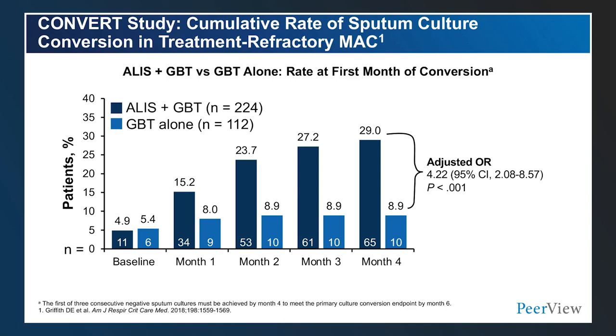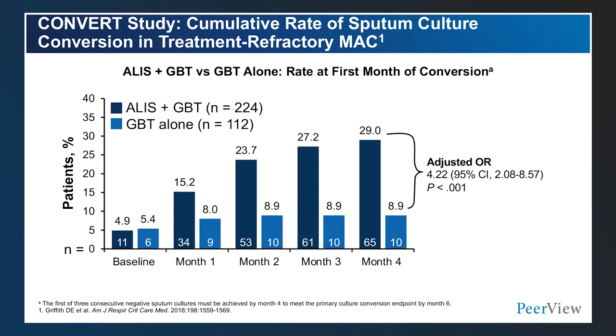So next, I'd briefly like to talk about the CONVERT study. Now, this study was published in 2018, and this was really the groundbreaking study which looked at guideline-based therapy or standard treatment of MAC versus patients who were placed on guideline-based therapy with the addition of ALIS. Now, as you can see, there was 2-to-1 randomization. So patients who are on ALIS plus guideline-based therapy, N of 224, and those patients who are on guideline-based therapy alone, N of 112. And the outcome that they were looking at was rate at first month of culture conversion